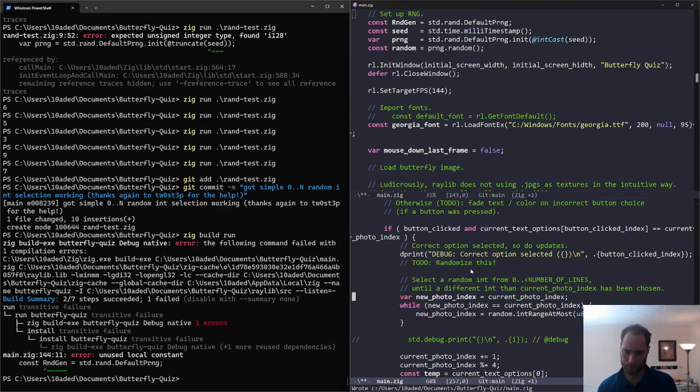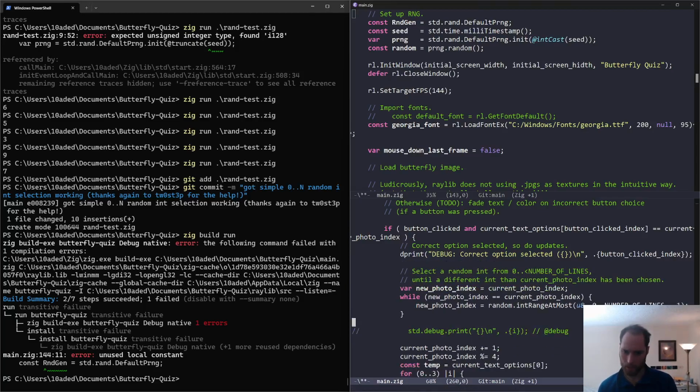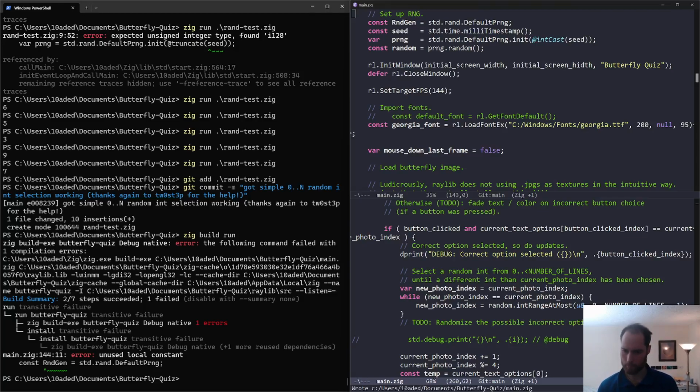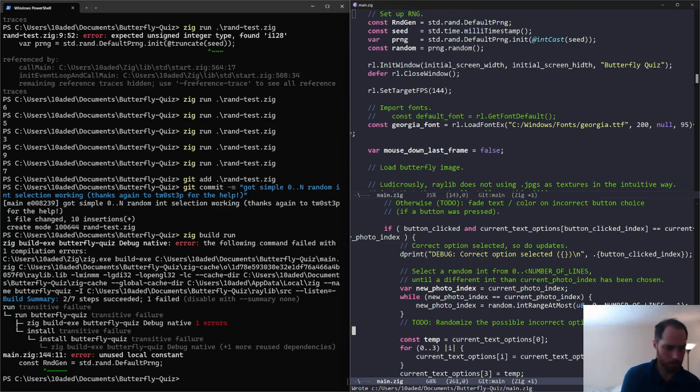I guess we should keep the thing. And then the part we want to randomize is... so yeah, get rid of all of that. But why is this not being used? Like we're saying in range at most here of this random thing, but then